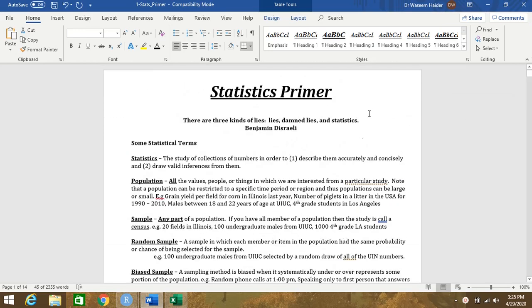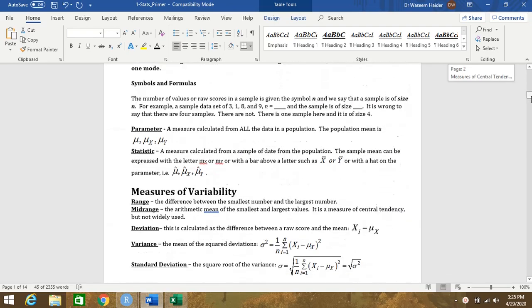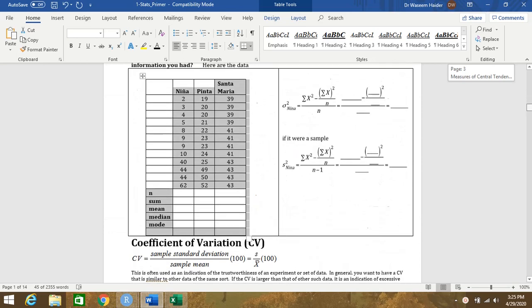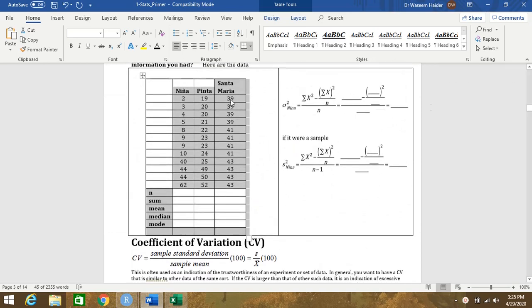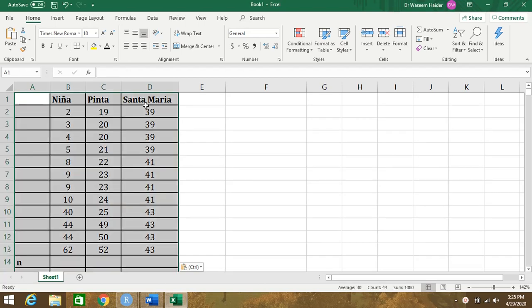Hi guys, so the notes which are given to you have the data sets which you can import to Microsoft Excel, and from where you can take them to R. So for example, this table, we can do Control C, go to Microsoft Excel, and paste these here, because we want to process them in R.